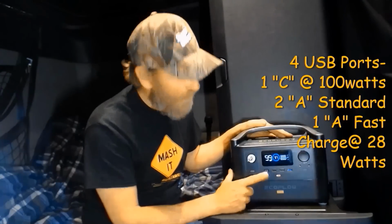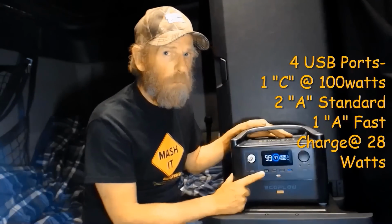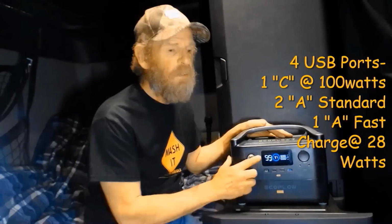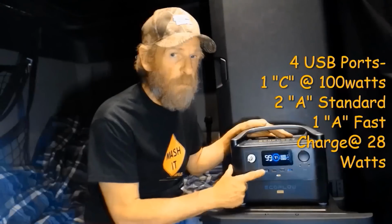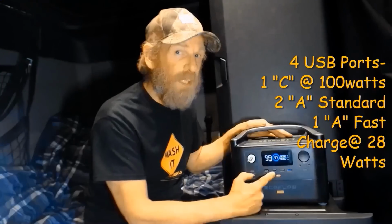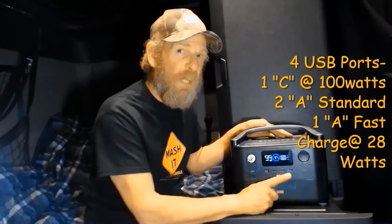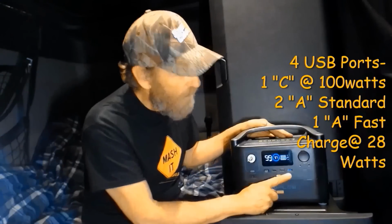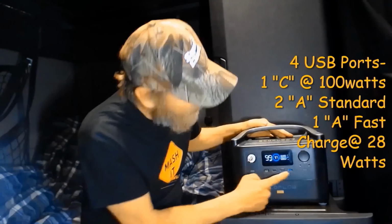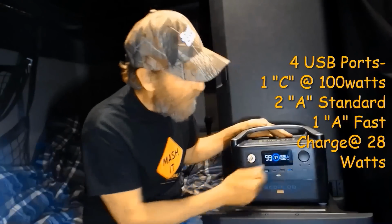USB plugs. This one here is a USB-C plug. Did I say that right? USB-C plug, rated at 100 watts. The center two are the standard USB-A plugs. And then this last one is a USB-A fast charge plug, rated at 28 watts. And it will tell you right underneath the plug what each item is, in case you forget which one you